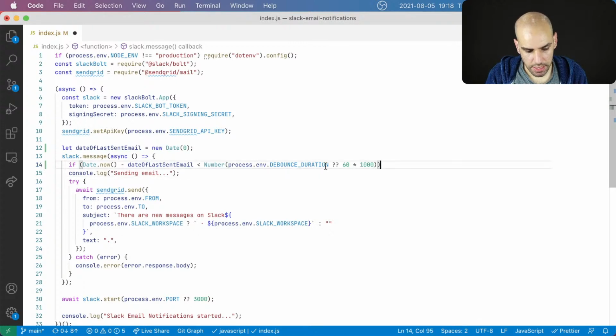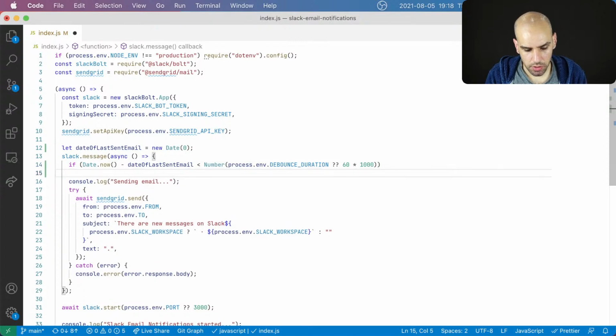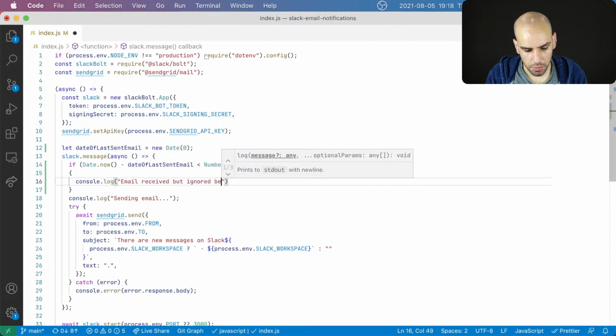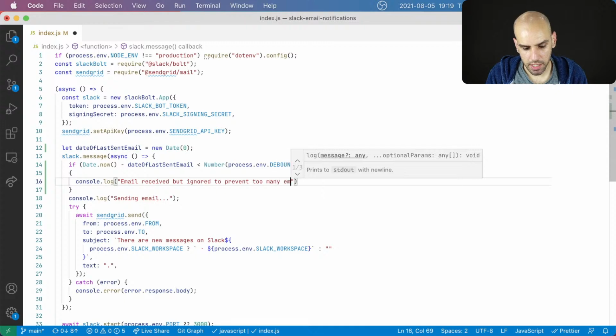So if this is the case, I'm not sure I got the logic right here, but what I want to do is say something like console log "email received but ignored because of to prevent too many emails from being sent."